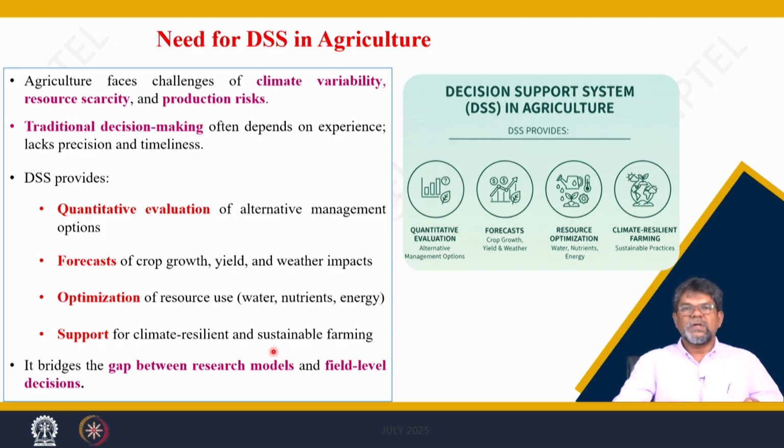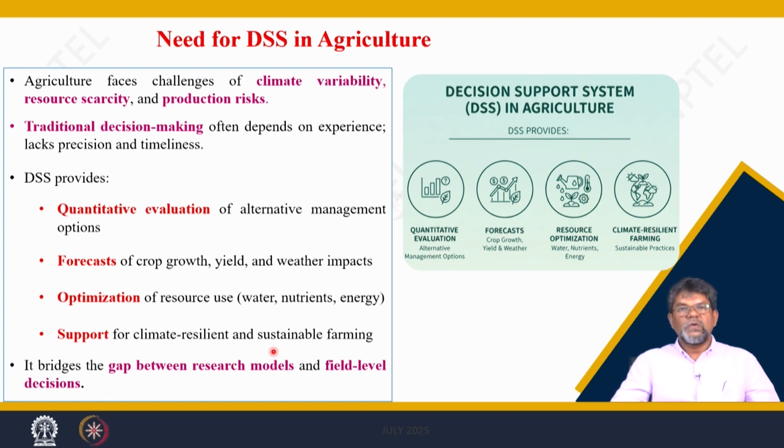So, using a model, what can we do? We can arrive at a definite conclusion about what level of resource you can use, and how you can optimize the resources, so that you can maximize production. With a model we can have sustainable farming. What does sustainable farming mean? It means you can meet the need of the present generation without endangering the resource base for the future generations. So, you have to protect and conserve resources, and you have to make responsible use or responsible consumption of the resources.